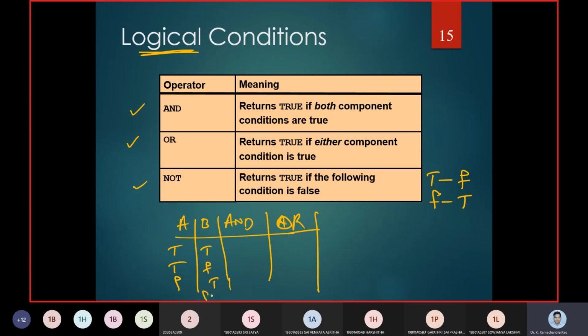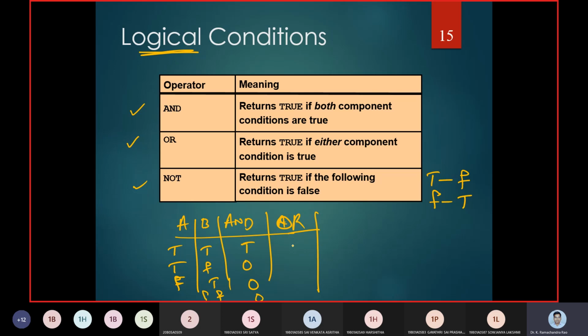For the AND operation, both should be true, so true and true is true, and this is 1 into 0 is 0, we assume, false is 0, false is 0.